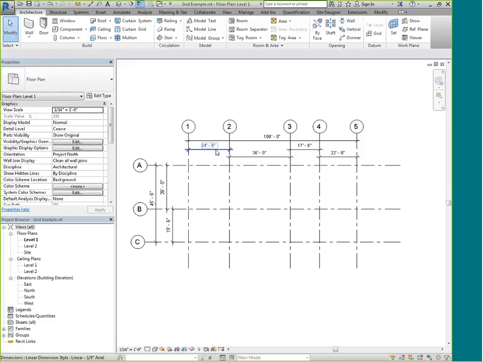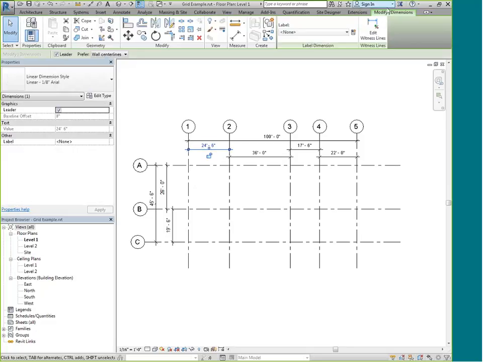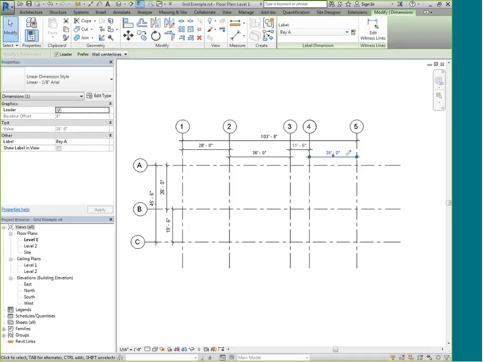I select one of the dimensions, and you can see in the Modified Dimensions tab up here on the ribbon, we have a label drop down, and I have created one existing parameter right now called Bay A, and I'm going to apply it to the selected dimension. And you can see that it went ahead and changed the length. It was 24 something, and now it's 28. If I come over here and select this one and apply that one to Bay A as well,